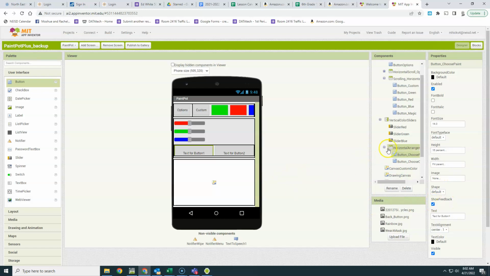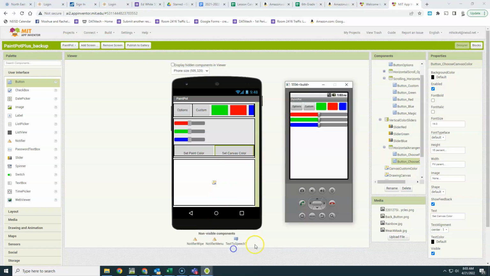Now the text for both of these, set paint color, and this one, set canvas color. Now that'll get rid of the picture that was on there. So it wouldn't be too bad of an idea to get a confirmation on that, but we won't worry about that just yet. Let's take a look here at what we have, and we're going to need to refresh this